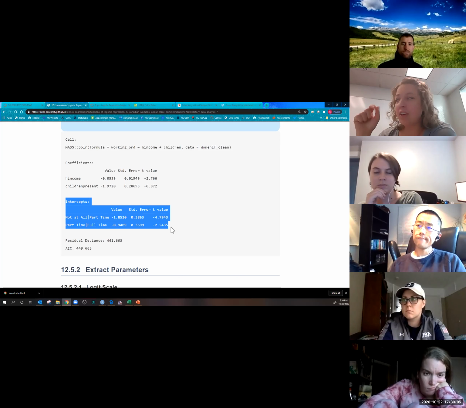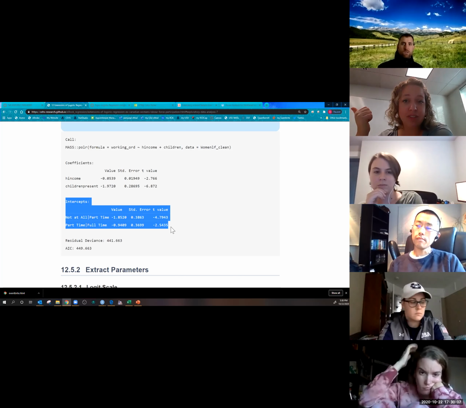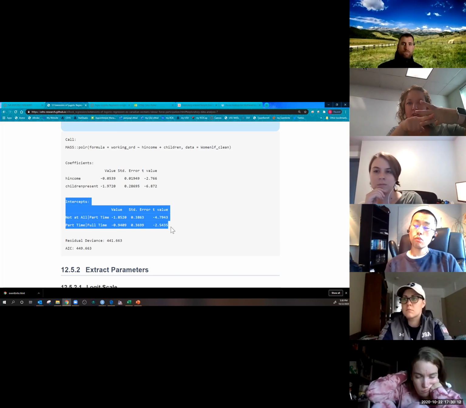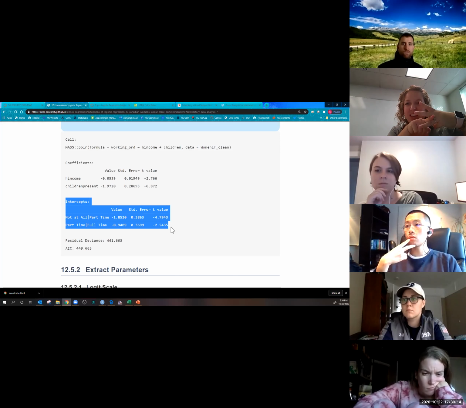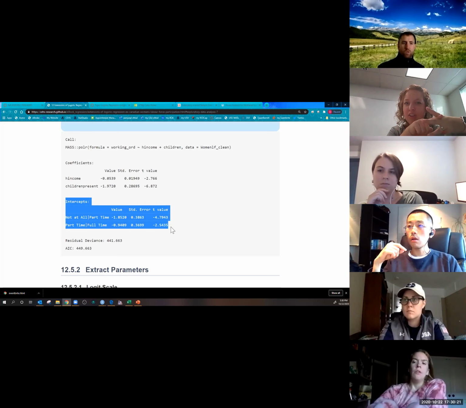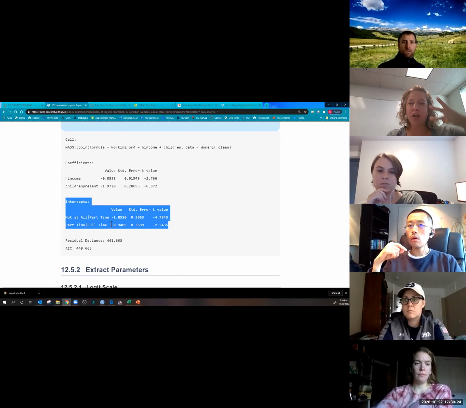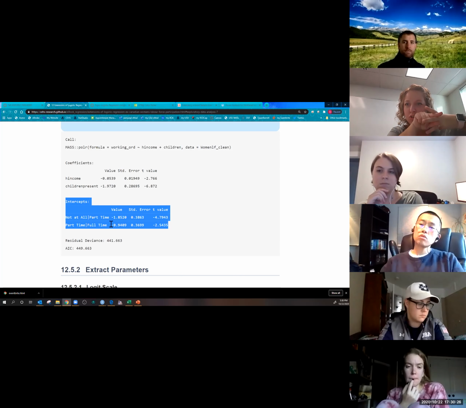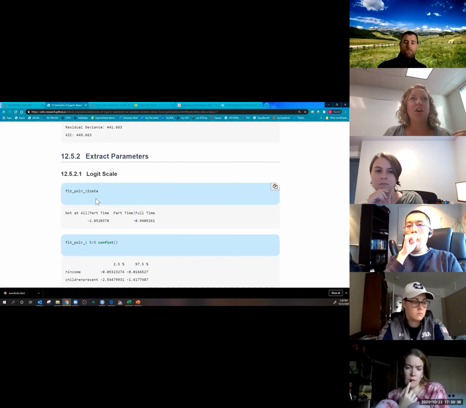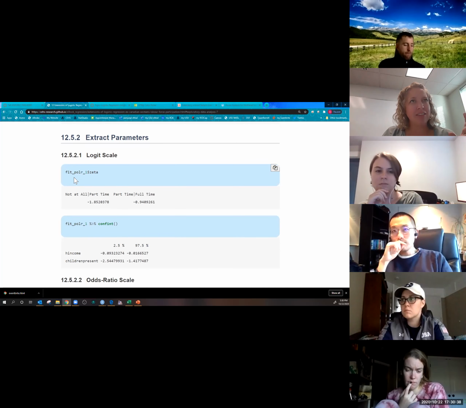The intercepts are often, I think Hoffman calls them cutoffs. If we have 3 ordered groups, how many cutoffs between the groups are there? We go from none to part-time, that's one cutoff, and part-time to full-time, that's the second cutoff. So sometimes these intercepts are called cutoffs. So with 3 groups, we get 2 cutoffs, and then our regular parameter estimates. Now this is ordinal logistic regression. These are still on the logit scale. So the syntax is a little bit different.